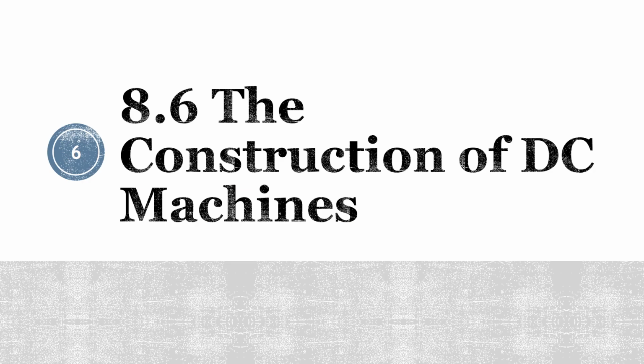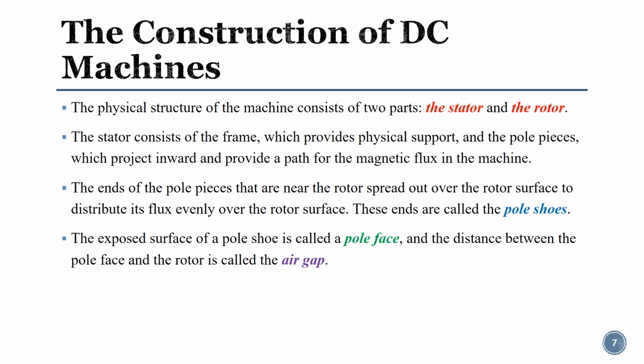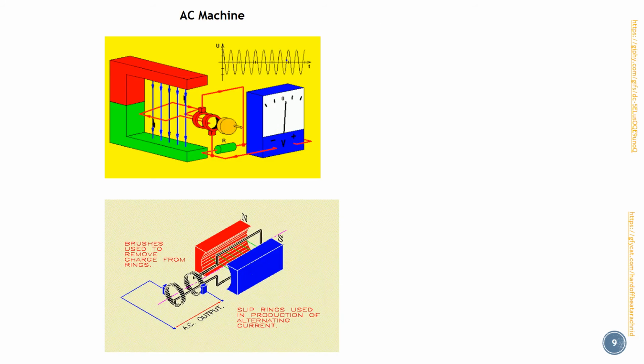So let's start with the basics. Let's see first the construction of the DC machines. The first thing I want to clarify is that most of the concepts you have learned in the earlier chapters are being used here. The big difference between the DC and AC operation is this: we have learned that in the AC machine, for example,